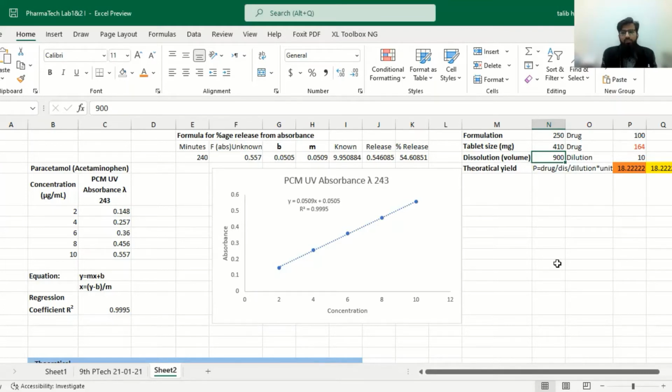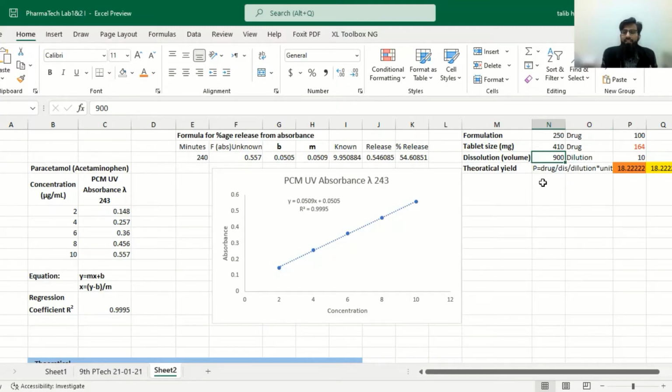For example, in case of gastroretentive drug system, it is HCl buffer pH 1.2. So 900 ml media is used, placed in a round bottom flask, and then we have added a tablet which contains 100 milligram of drug and a total weight of 250 mg.